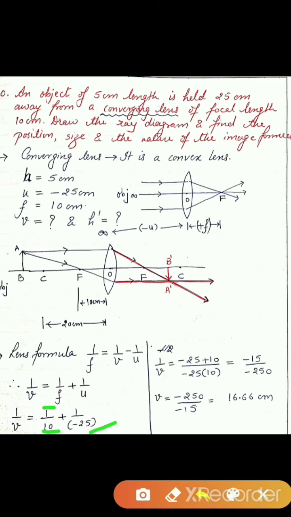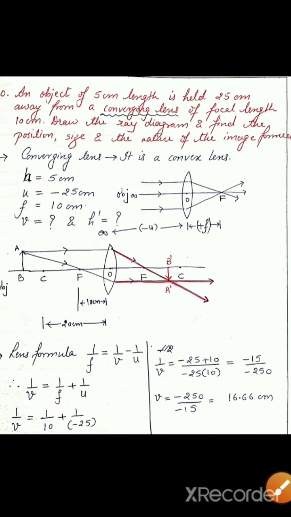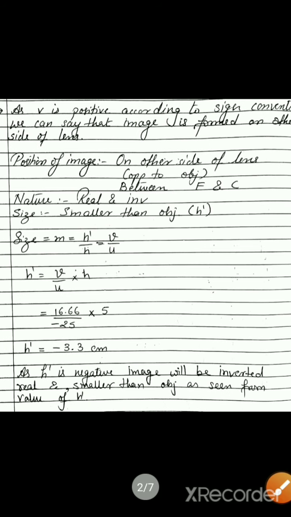So what is important here is, after writing the formula and making the subject of the equation, whichever quantity you want to calculate, you will make that quantity the subject of the equation, and then you will have to substitute all the values along with their signs. So don't forget this. Okay, so chalo, we have done half of the calculation. Now we want to calculate the height of the image. So for that we'll see further.